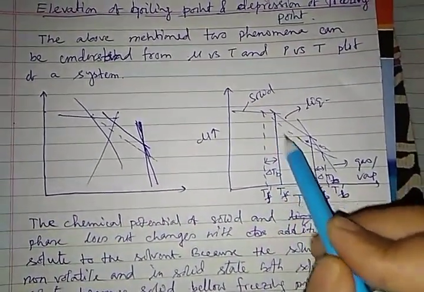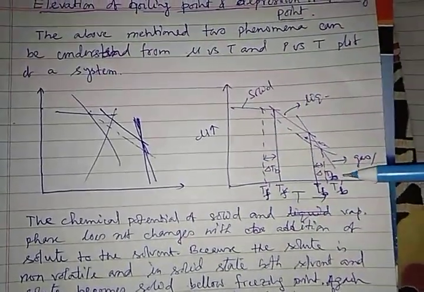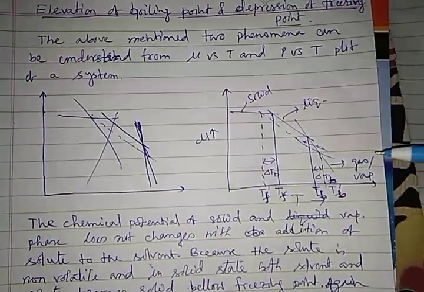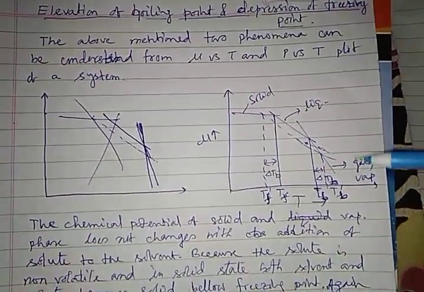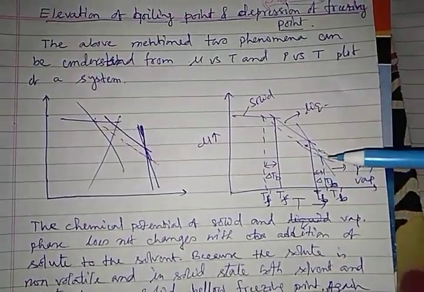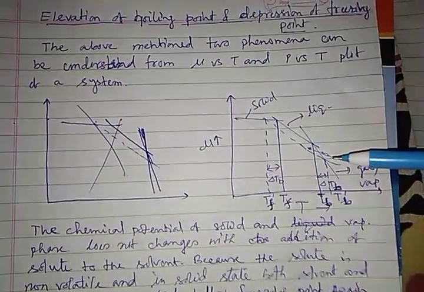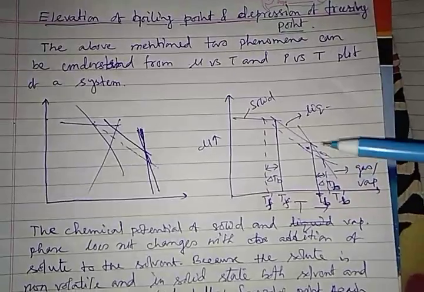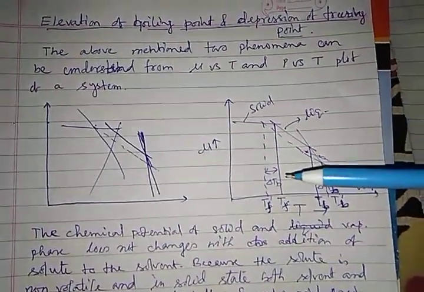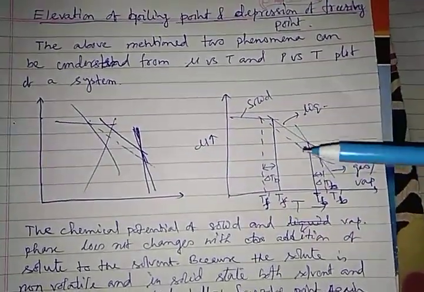Now the second thing is, if I go to a vapor phase for a solution, then both the solute and solvent are evaporated and they are going to the vapor phase. So there is no question of making such an anomaly that they do not have equal state. That means whenever some molecules are in liquid phase and some molecules are in vapor phase, there will be some anomaly, then there will be a change in the chemical potential.